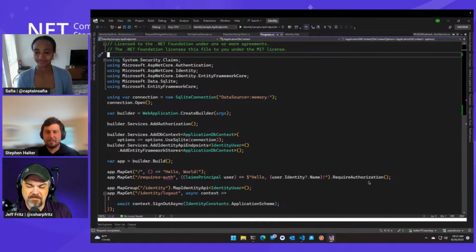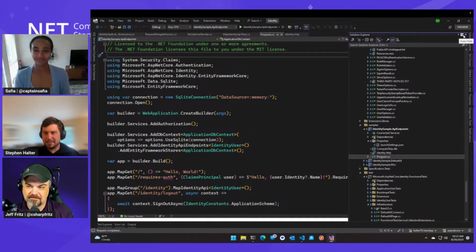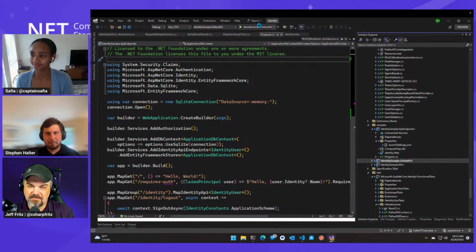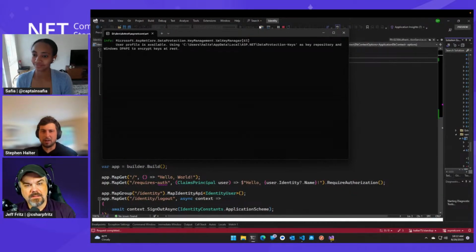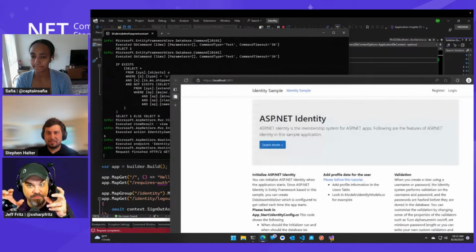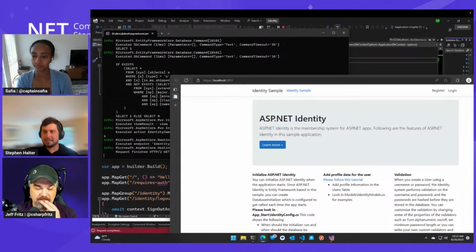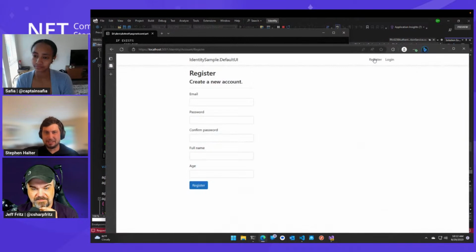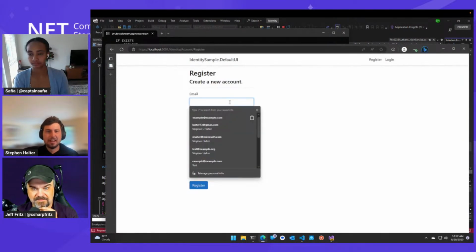For those of you who've heard of ASP.NET Core Identity UI, those are Razor pages, and maybe not everyone has seen that. So if we set that as our startup project and run it, I can give you a quick rundown of what it is. But this isn't those user ID pages that you have when you add the identity capabilities into your Razor pages or MVC app. This is different. Correct. So right now I'm just giving you a quick rundown for those of you who might not be familiar with the Razor pages, what those look like, because this is a Razor page.